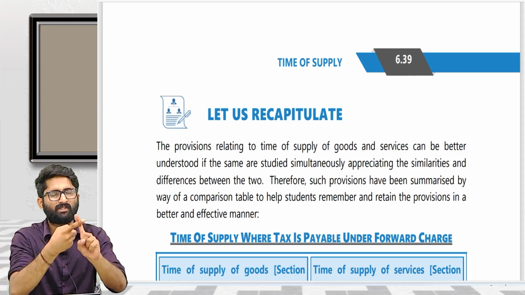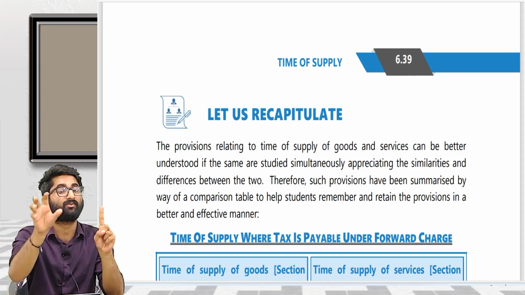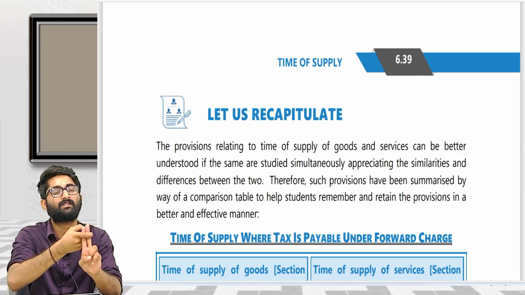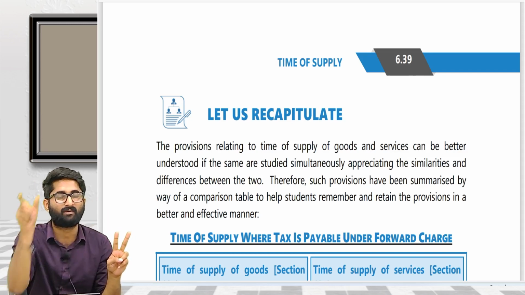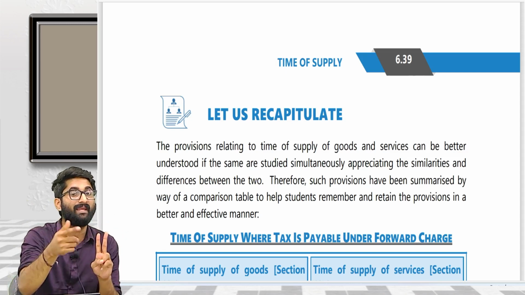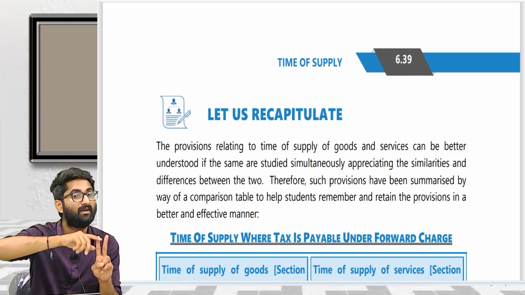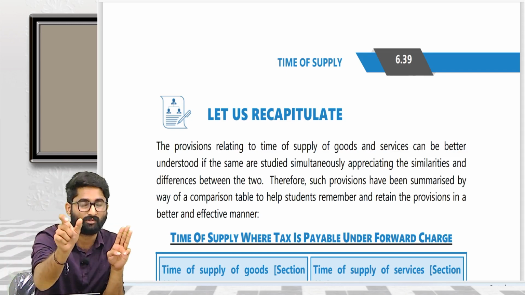Section number 12 subsection 1, it says that time of supply in case of goods is as per the provision. Section number 12 subsection 2, forward charge mechanism. In case of forward charge mechanism, date of issue of invoice or last date to issue the invoice, whichever is earlier, that will be the time of supply. In case of advance, that is taken out. That's why only this one. Section number 12 subsection 3, in case of reverse charge mechanism,